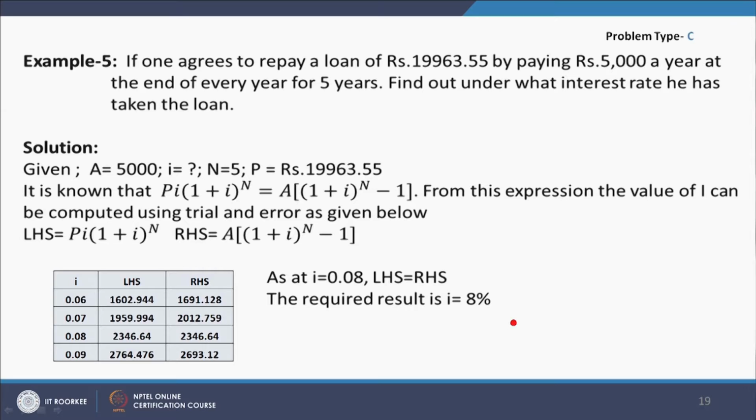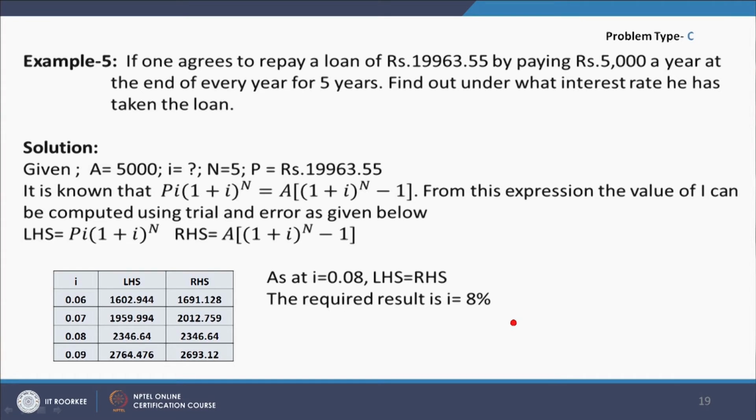Another problem, which is problem type C. If one agrees to repay a loan of rupees 19,963.55 by paying rupees 5,000 a year at the end of every year for 5 years, find out under what interest rate he has taken the loan. So, if we analyze, we find that what is given is A is 5,000, I is unknown, N is equal to 5 and P is rupees